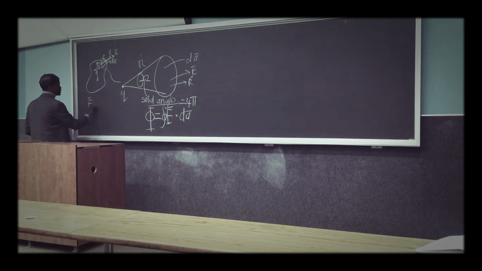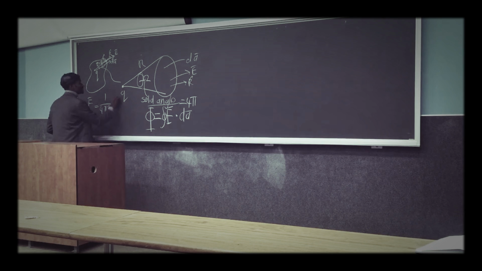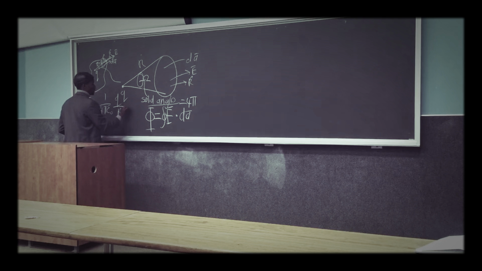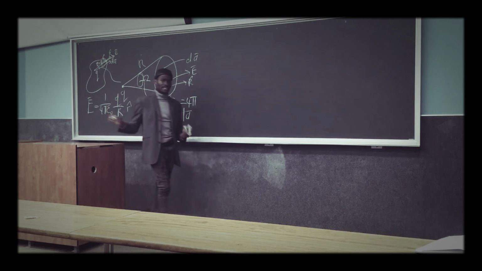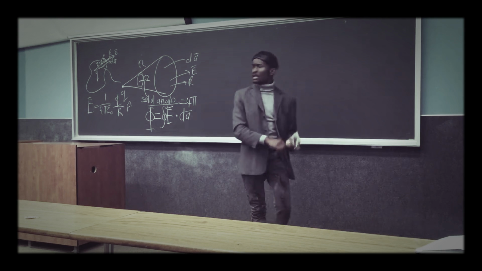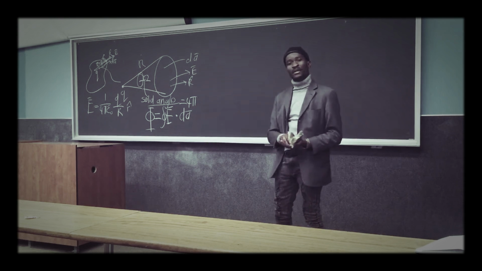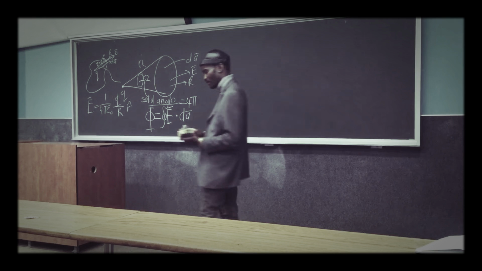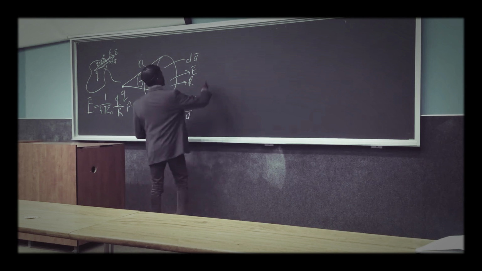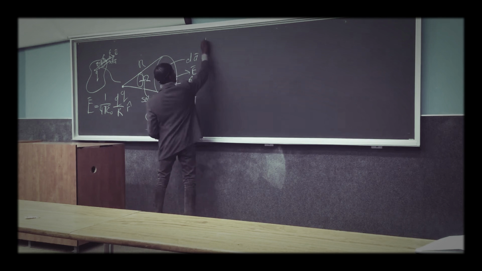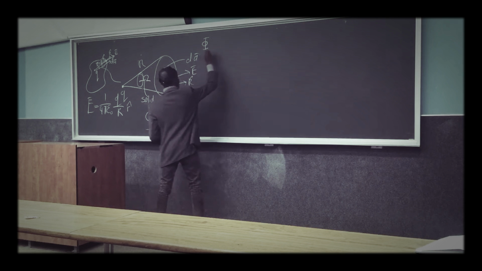The electric field is equal to 1 over 4 pi, the permeability of free space, times the charge over the radius squared, all that in the r hat direction. So this is the definition of the electric field. Now having that, we can substitute it back into our flux equation. Therefore we have the following, that the flux then is equal to